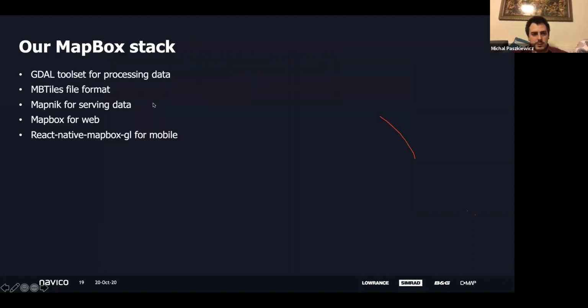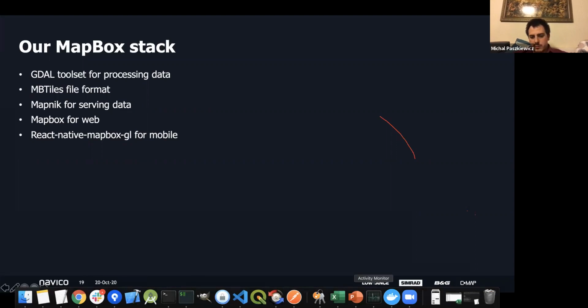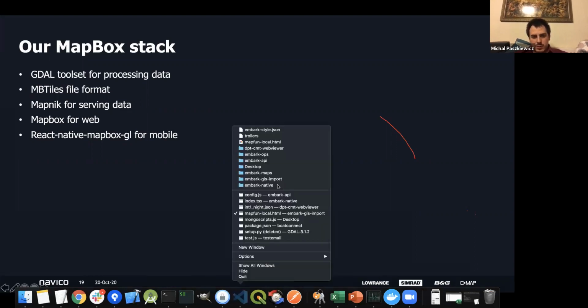Let's see what's next. So what do we use with MapBox? So our MapBox stack looks like this. We've got a GDAL toolset for processing data. One thing about GDAL is I highly recommend never using it directly. It can be difficult to install on almost any device. So the way we generally do it is, I'll show you,